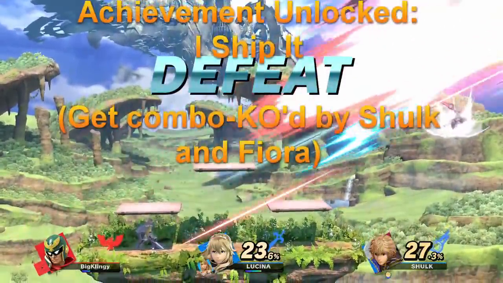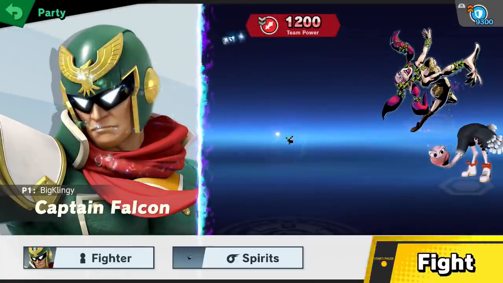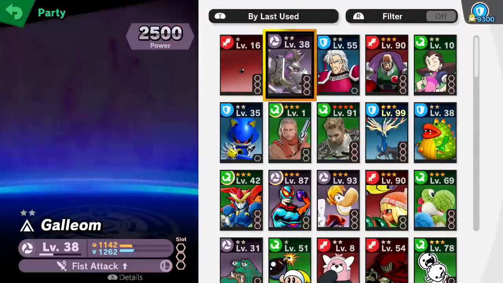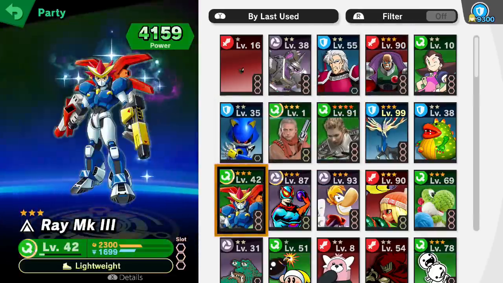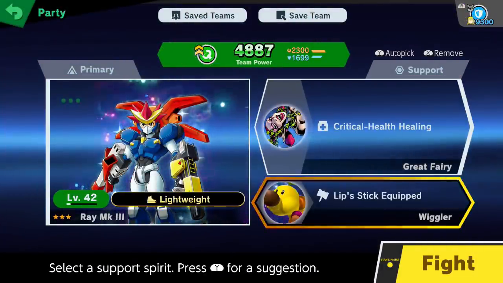Yay, Shulk! Go you! Yeah, no Buzz for this, sorry. It would have been funny if I won with Buzz, though. That would have been really funny. Okay. I could cheese this with you. Let's use Ray Mark 3. Let's not use my super overpowered...